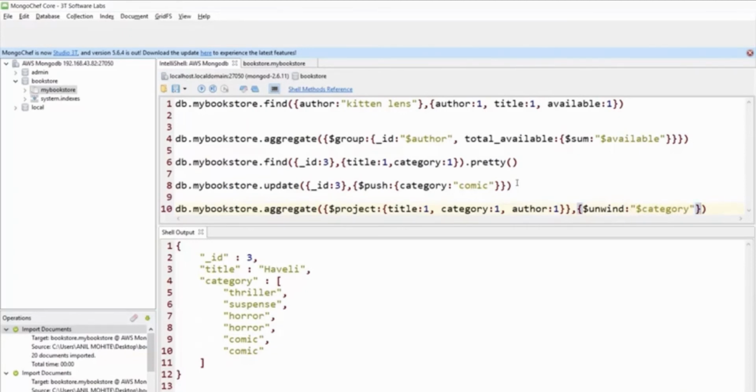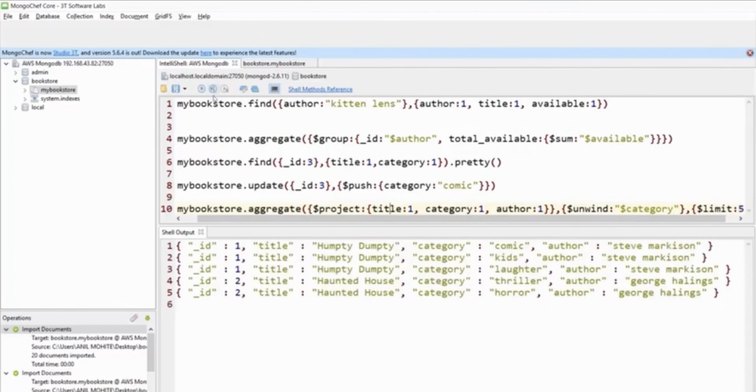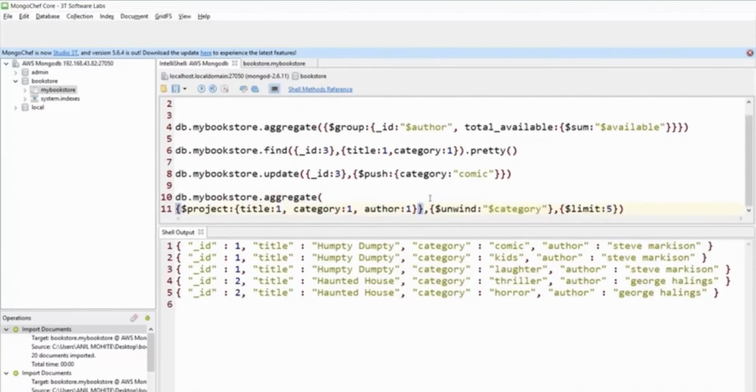And once this is done, show me everything, but it would be good if we limit it because the number of documents that are going to get created is going to be more. So I'll say use another operator in a new pipeline and limit the output by 5. Now I'll execute this. So I'll just add pretty to it and I'll execute it again. So I'll say dot pretty.